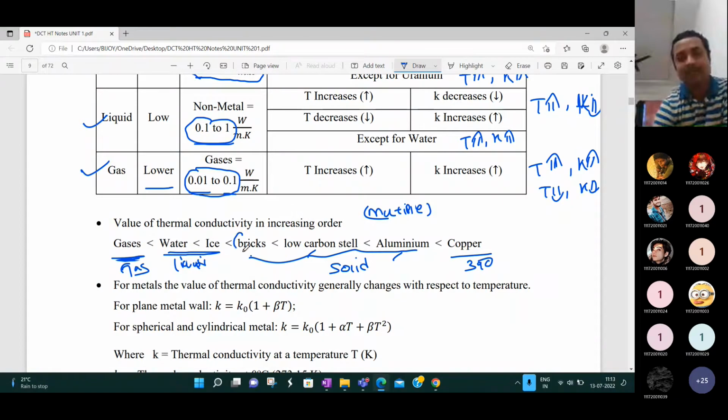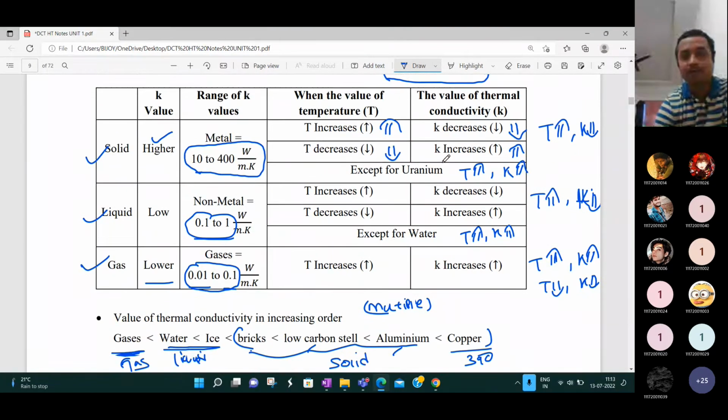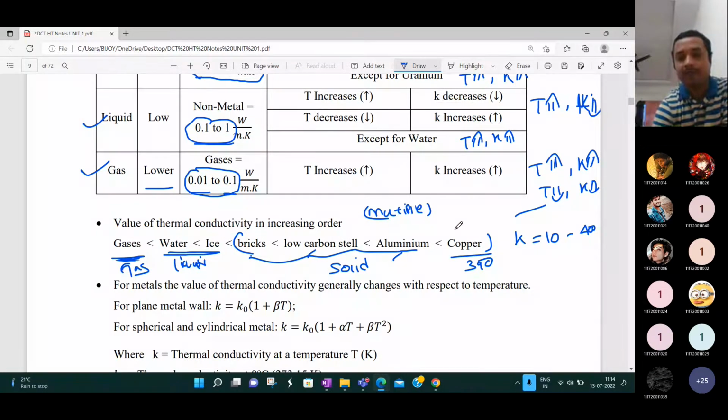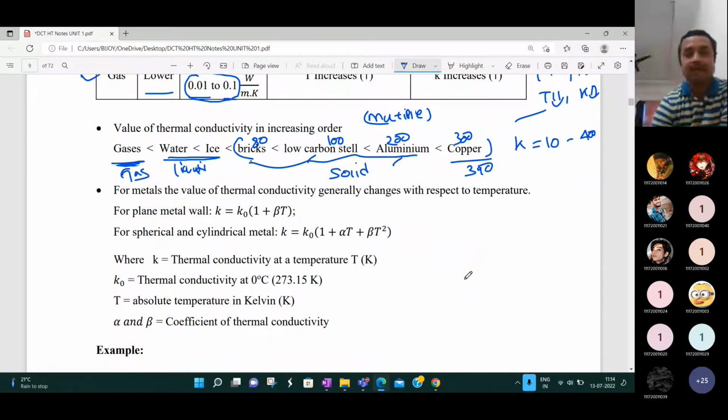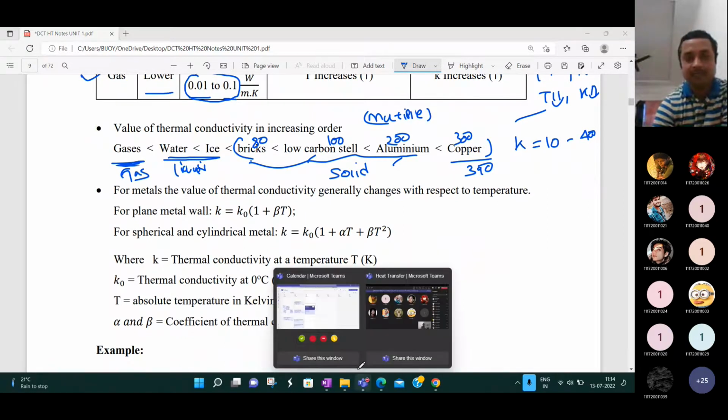In solids also they have different values. I told you now, it is in the range of 10 to 400. So copper may be 300, it may be 200. Low carbon steel may be 100. Bricks may be 80. Like that it may be. These are just probable values. So next, till now we discussed